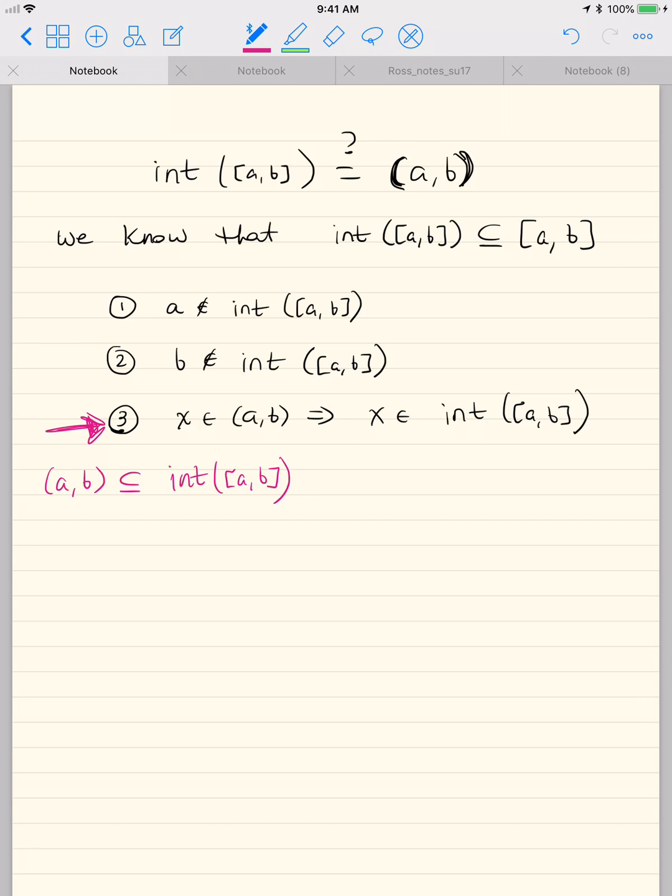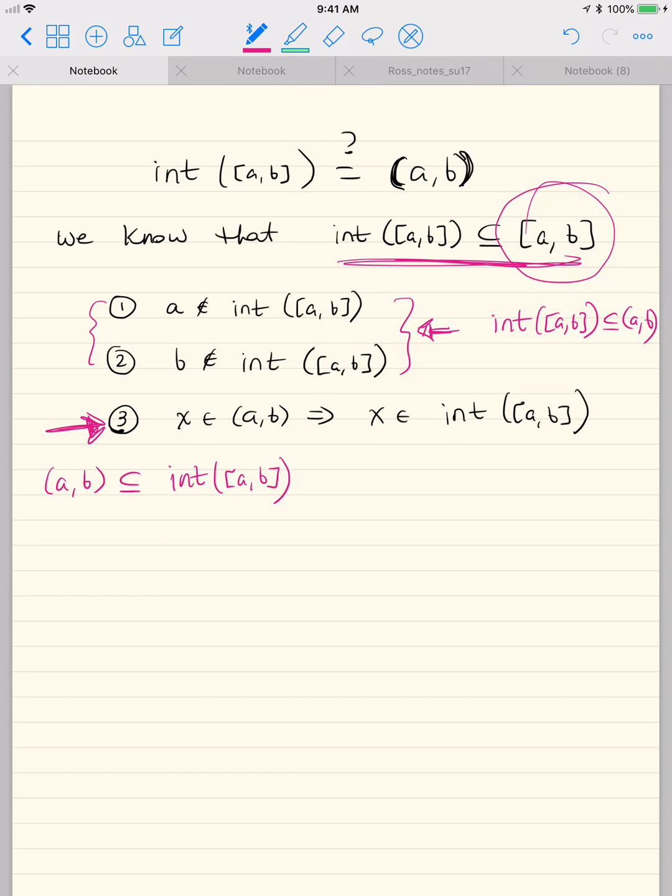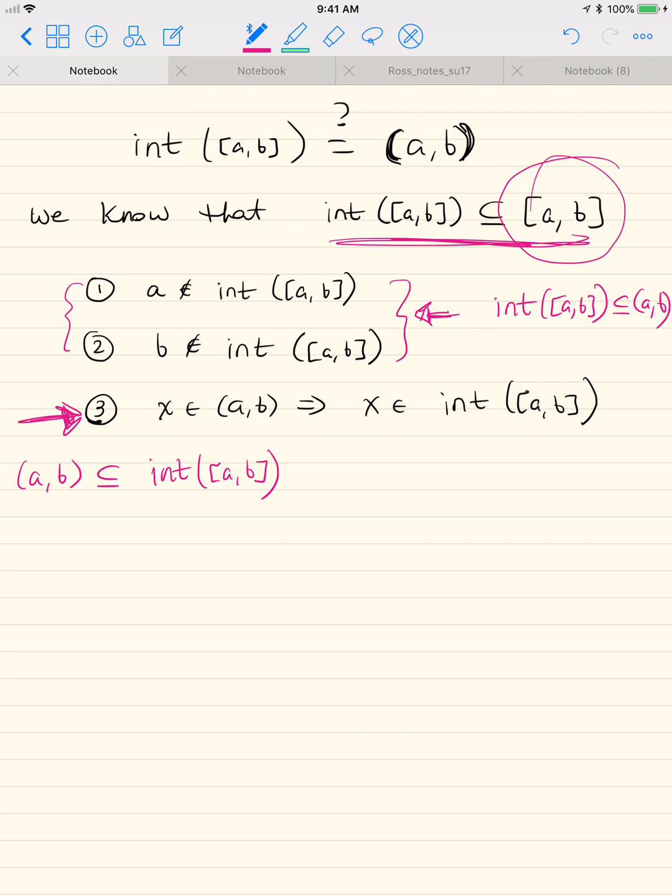And the first two, since the interior is a subset of the closed interval, these first two are proving that the interior is contained in the open interval, as opposed to the closed interval. Okay, so